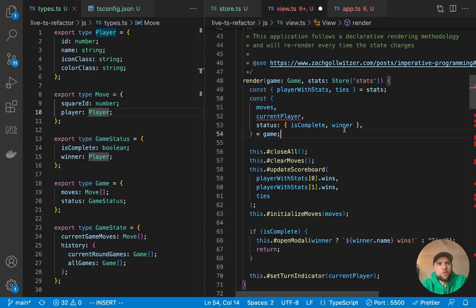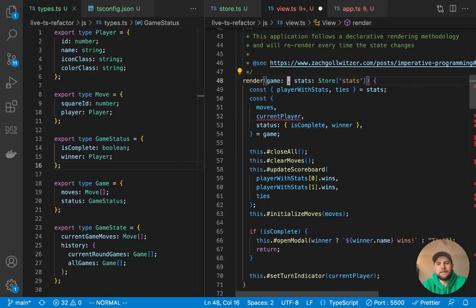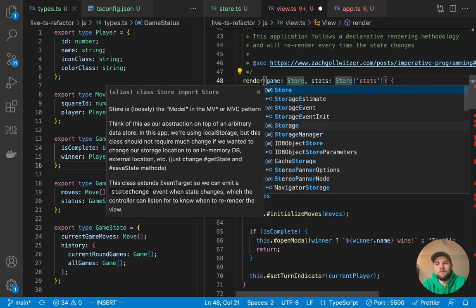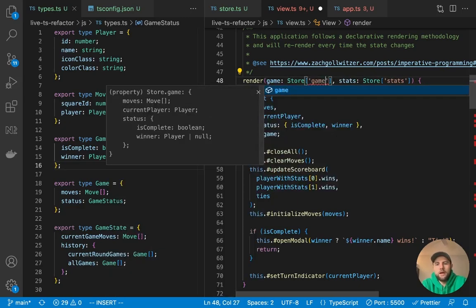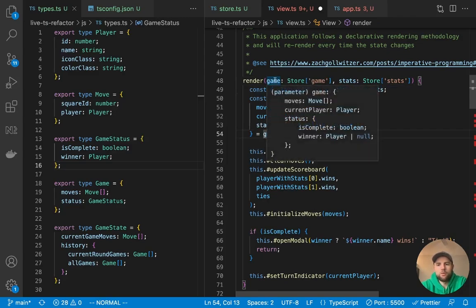So now stats is defined because we derived it from the store. Now, some would argue that this is maybe not the best way to do this. And I would probably recommend having stronger types and actually defining a stats type. But for now, this does work, and it's an easy way to get that type without having to define it. We can also grab the game getter from the store, which will properly type our game.